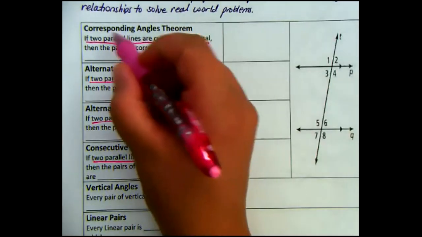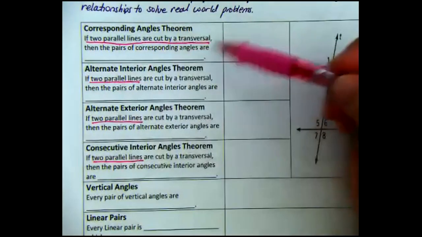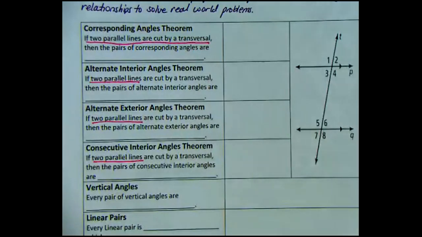So my lines must be parallel for the following to be true. Okay, so I want you guys to make sure that you remember that, because if the lines that are cut by your transversal are not parallel,